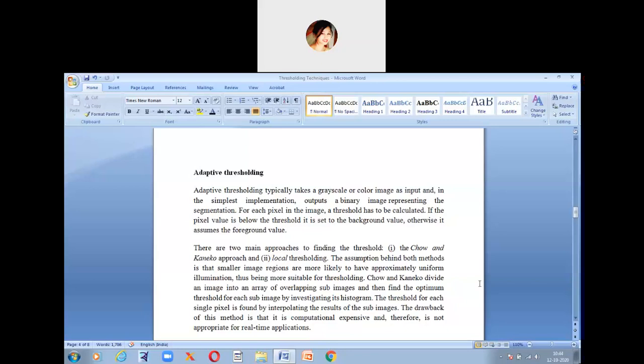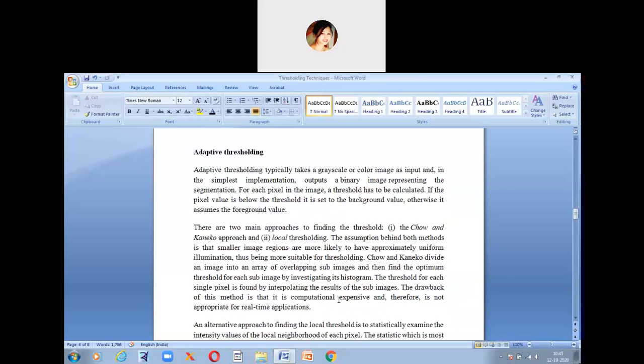That is, the intensity levels in those regions are uniform, so they are more suitable for thresholding. They divide the image into sub-images and apply the optimum threshold to each sub-image by investigating its bimodal histogram.